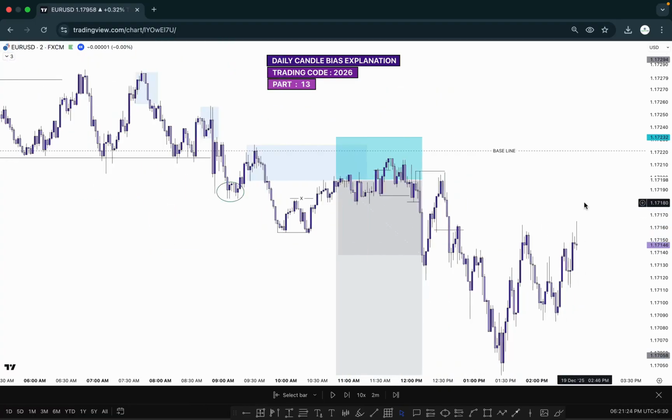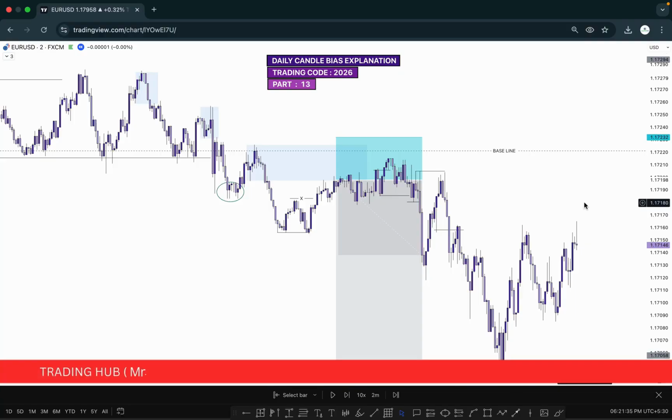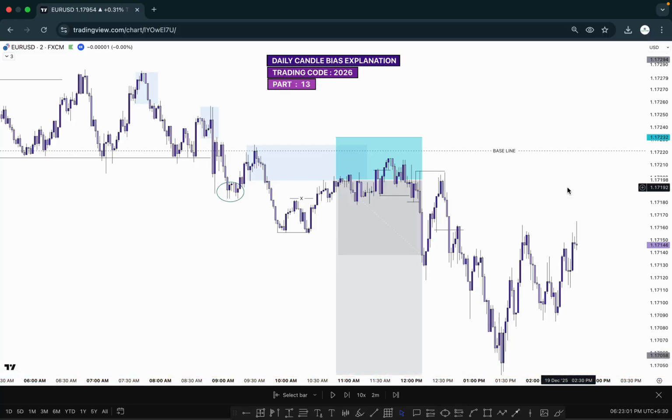If you are wondering why it takes a lot of time to create the structure and looks very complex, it is because we are trading a counter move in a higher time frame. That's why the market in a lower time frame moves like this. But when you trade an impulsive move, you will see very smooth price action in a lower time frame. Now I'm going to show you a few examples of how the market looks in an impulsive move